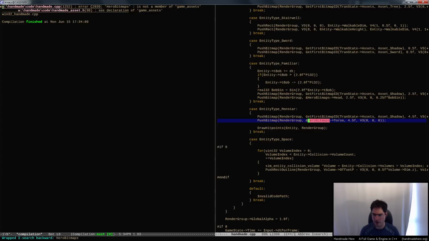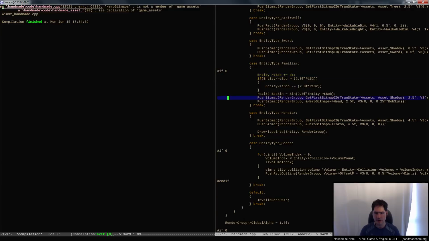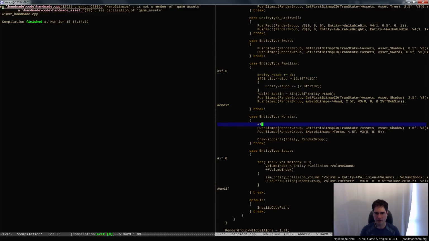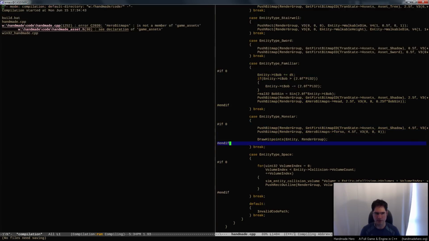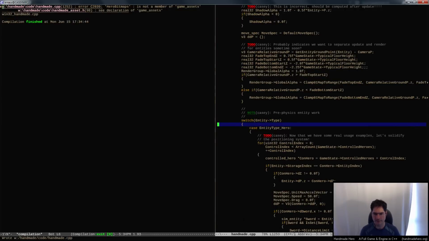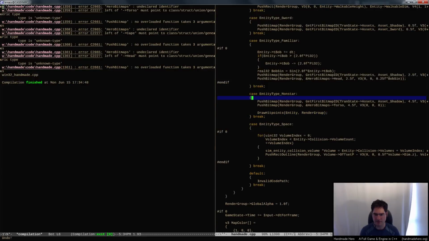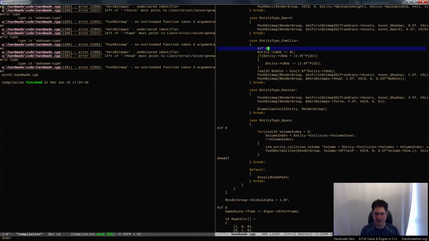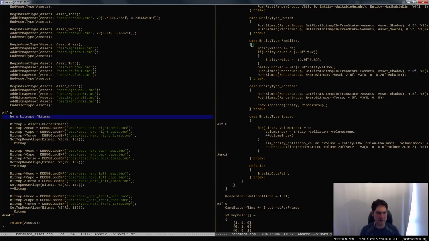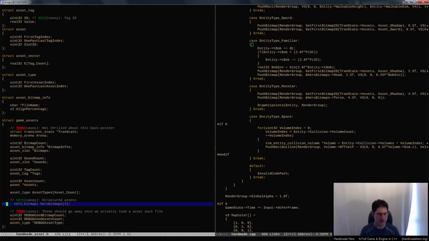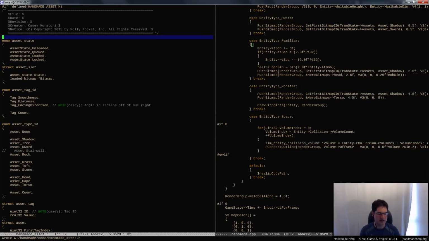the familiar and the Monstar are only drawing the torso and the head. What I might do just for the moment is disable the familiar and the Monstar so that we only have to work with one person, which is this guy, right? And see how we would go about specifying this stuff here. Well, you know what? Actually, now that I think about it, no, we don't really have to do that. That's actually probably premature. What I could do instead, there's a pretty easy way to port this, now that I think about it. All we really have to do is take this out and make this back into something that